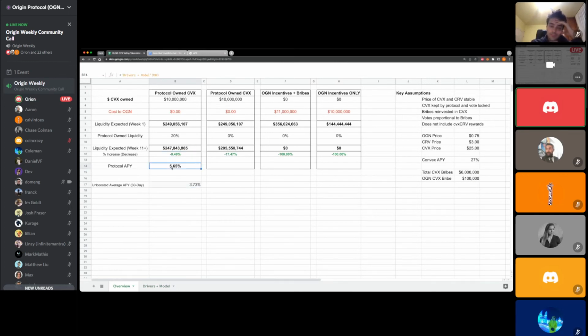And even if you are keeping all the CVX and just vote locking it, and you're dumping the CRV, you still would be outcompeting the unboosted average APY that we've seen for the OUSD holders up until this point. For the past 30 days, it's been somewhere around 3 to 4%. So this, in my mind, presents a really great strategy where not only can you maintain liquidity, you can actually grow it by investing more in your own pool, and over time keep growing it in a sustainable fashion,